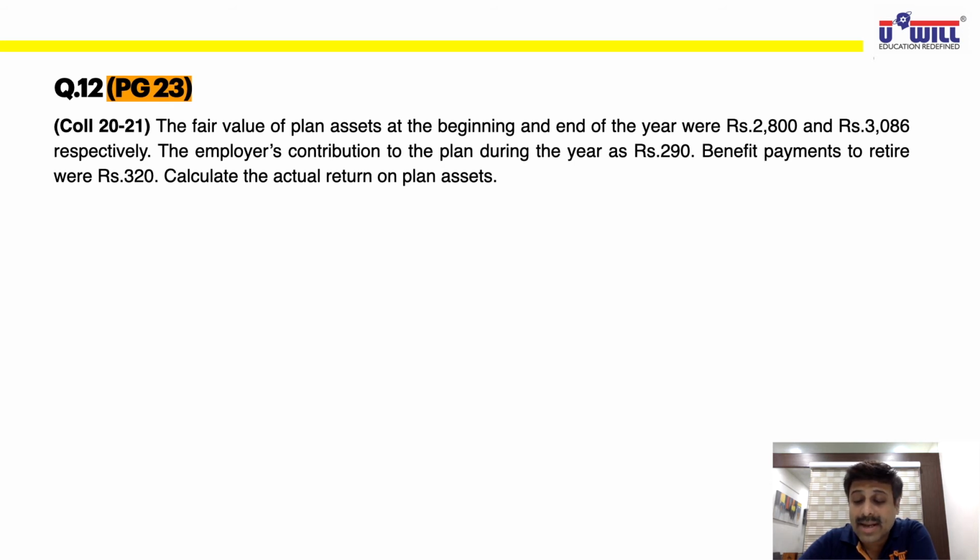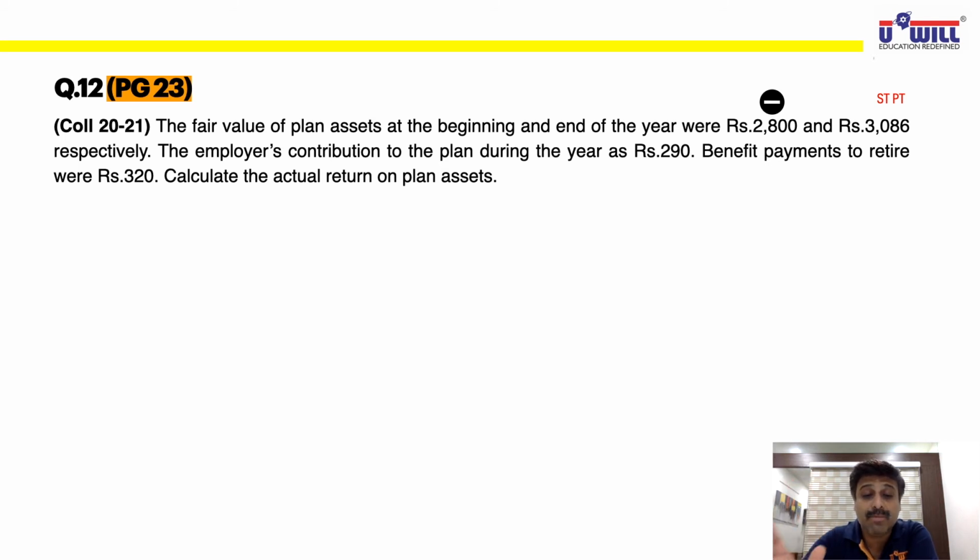Now, 2,800 is the fair value at the beginning of the year, which we have to minus. Just now we discussed, fair value at the beginning of the year we will minus, and the end of the year 3,086 will be our starting point. Mark it as STPT. 2,800 mark it as minus. What do you mean by STPT? ST means starting point. 3,086, which is the fair value of plan assets at the end of the year, will